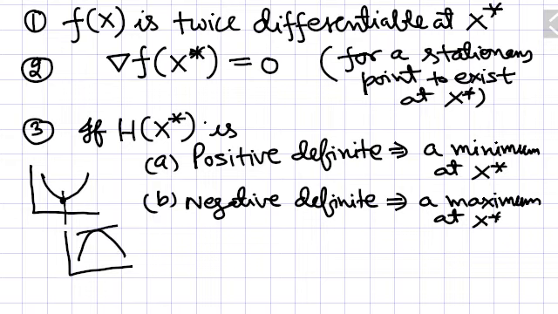So you will say that this point is maximum, and it does not say anything about when the Hessian matrix is equal to 0. That time you are undecided about that. You cannot decide whether it is maximum or minimum. It may be a point like this, neither maximum nor minimum.